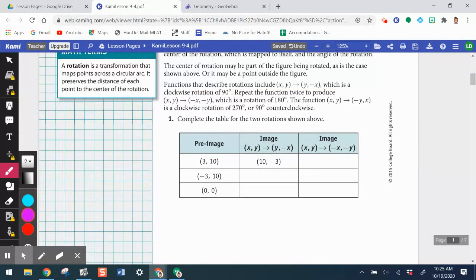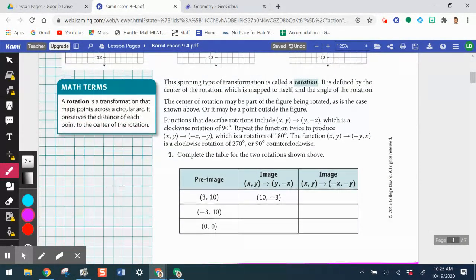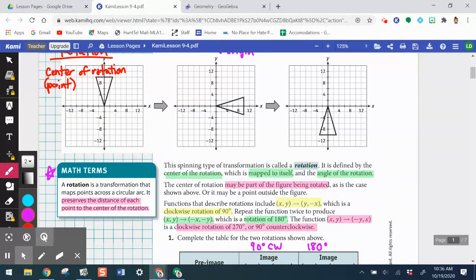If you would, go ahead and draw a line at the bottom of your page. Read through the text, especially look at the math terms here, highlight some important things as you go before playing through the video. Okay, hopefully you're playing through now, you've taken a second to really try to digest this information,